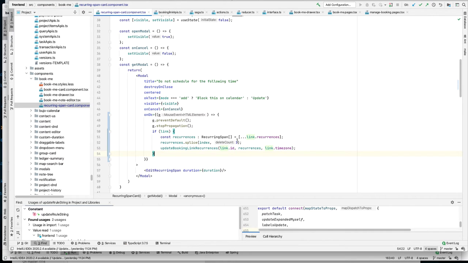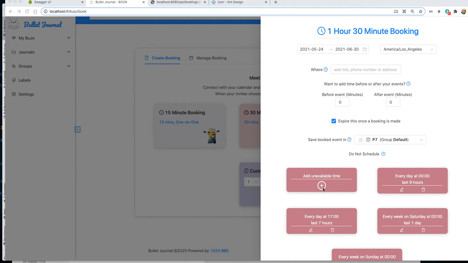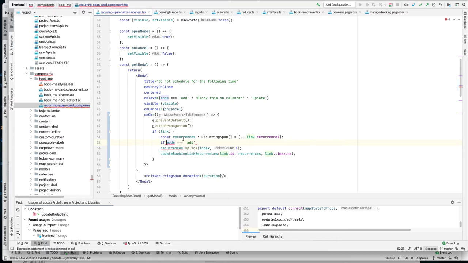So this time we are not trying to delete, right? I mean, the two modes, right? One is add, so let's check if the mode is add. What do we do? Okay. So first we clone it, right? Depending on the mode. There are two modes here. This is add, and this is edit, right? So depending on what we're trying to do here, if the mode is add,